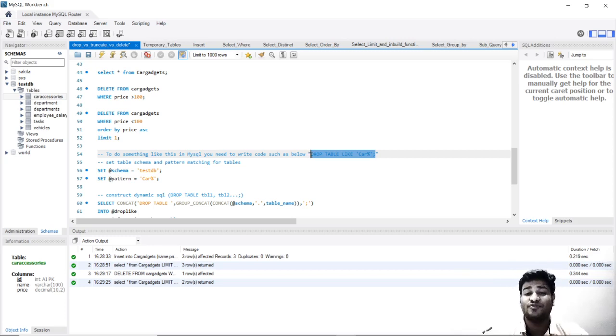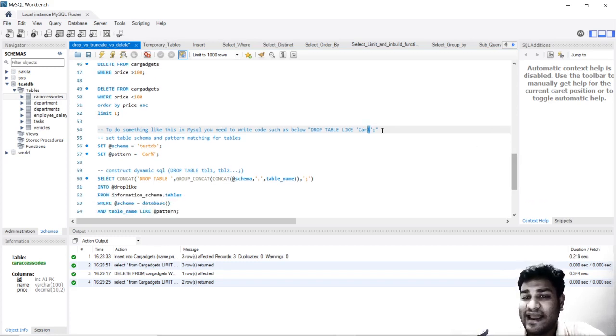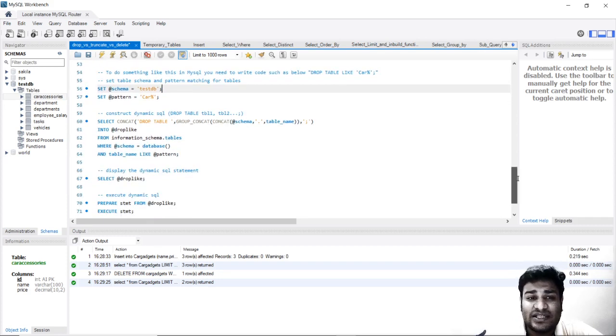But in MySQL, you cannot use a statement like this to drop all the tables which start with car, where this symbol means anything after it. We will be discussing it ahead with the select statement in MySQL. So you can drop all the tables which begin with car in Microsoft SQL. I guess I will have to check it, but you can go ahead and check it yourself. But you do not have this visibility in MySQL for sure.